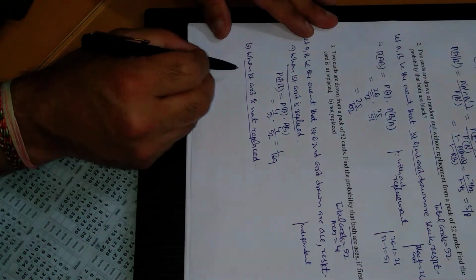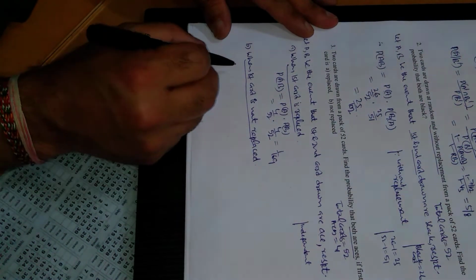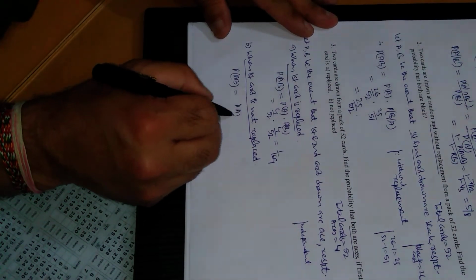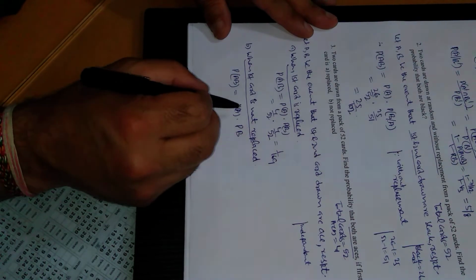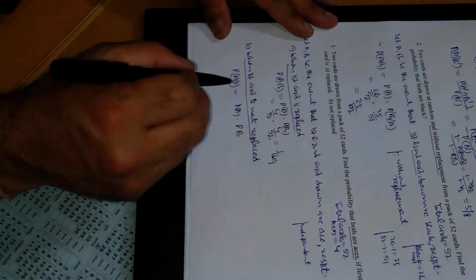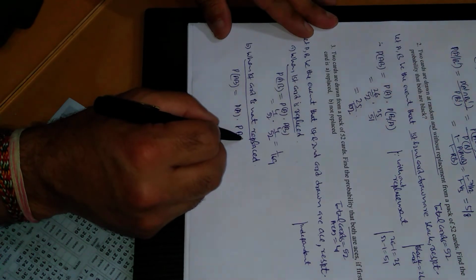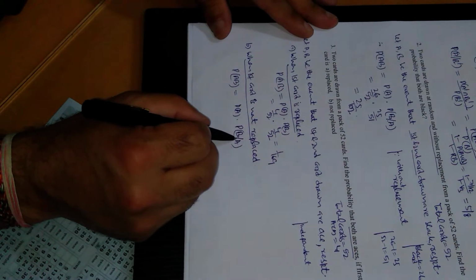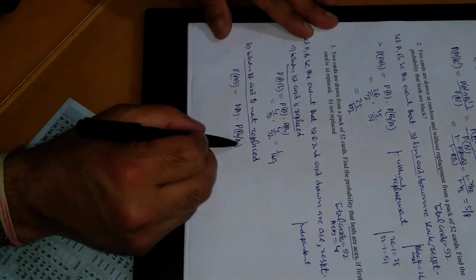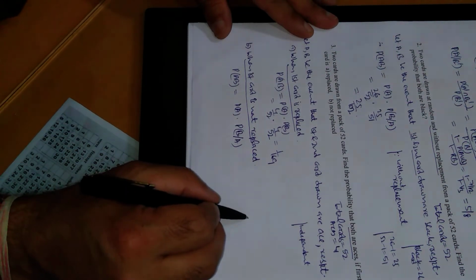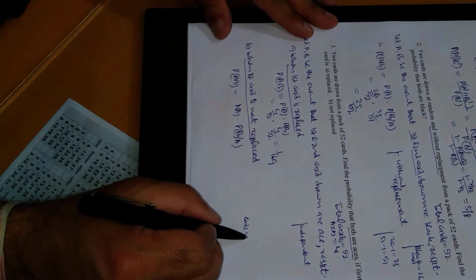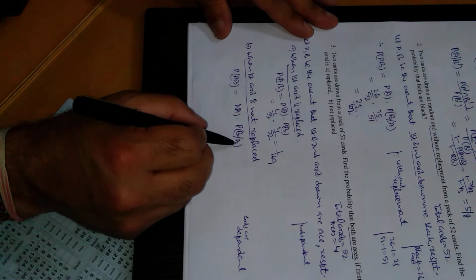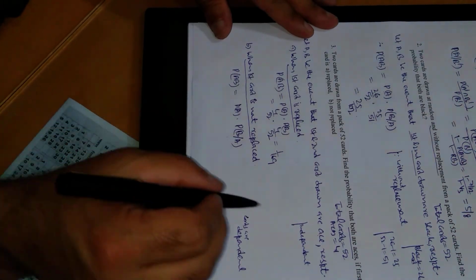Second, when the first card drawn is not replaced. In this case, again we have to find the probability of two cards drawn one by one: probability of first card into probability of second card, because of no replacement. Once one card is drawn, that is not available for the selection. So clearly, the probability of the second card drawn being an ace is affected by the first. So in this case, there is conditional probability. So we can say the cards are dependent. Whenever there is no replacement it means dependent, that is, the probability of the second event is affected by A.